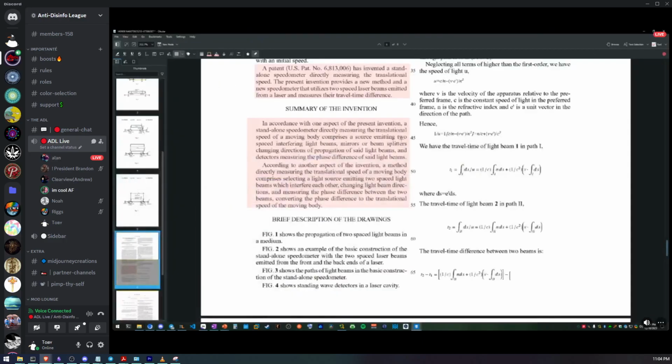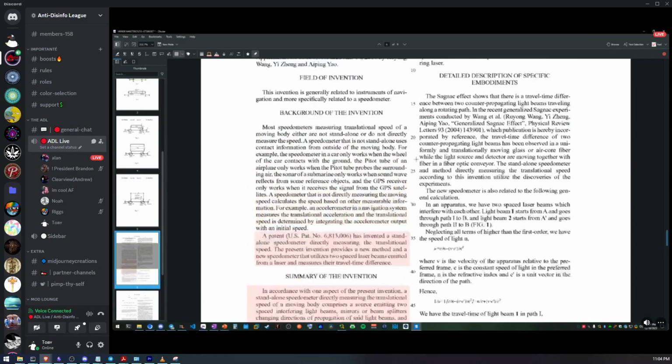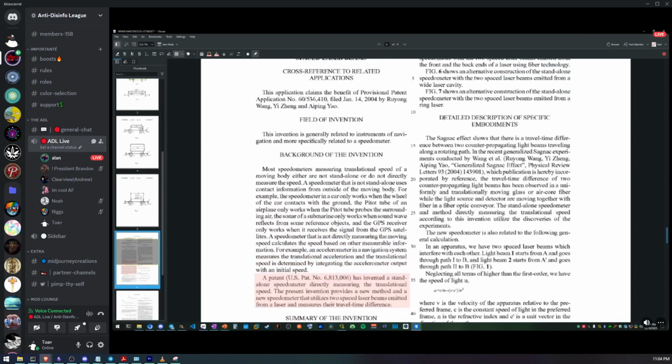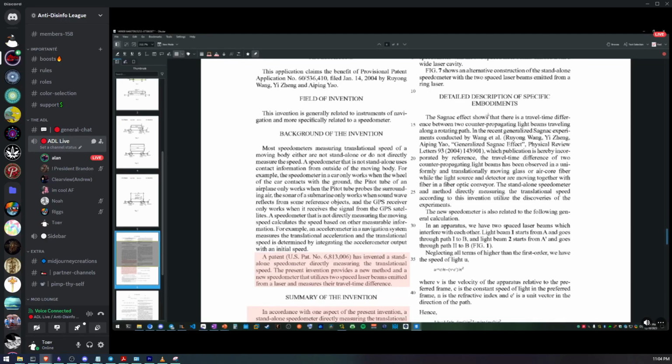Okay. Cool. All right. So let's see here. We're on the detailed description of specific embodiments. The Sagnac effect shows that there is a travel time difference between two counter-propagating light beams traveling along a rotating path. In the recent